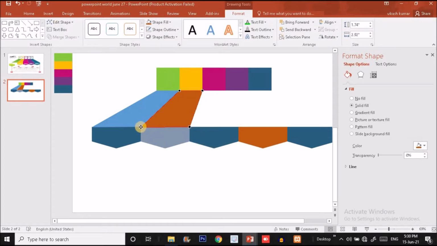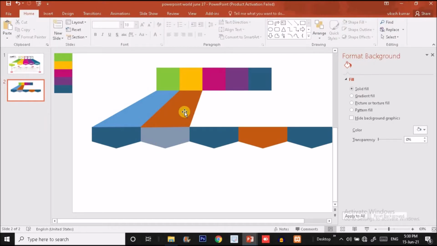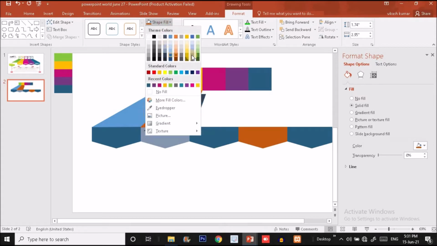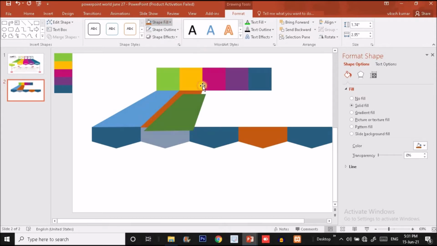Got it, guys? Slightly, I think we have to shift it to the left like this. Yeah. Now press Ctrl D again and change the shape fill. Later on we will definitely change the fill of these two shapes. So again right click over here and choose edit point option, shift these points over here.